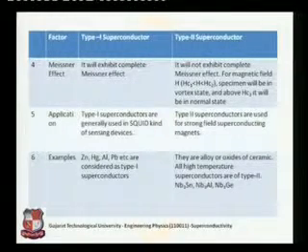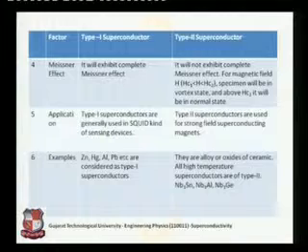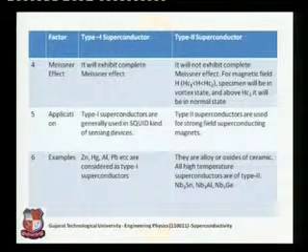So for type 1 and type 2, we have discussed 6 points of difference. On the basis of these 6 points, you can differentiate them. According to the marks, you can write them in the examination. But if it is asked in the form of a short note, you need to write the whole note. You need to merge all these points and elaborate them. With examples and diagrams, you can make it interesting. So all these points you need to include in the case of short notes. Now we move further.